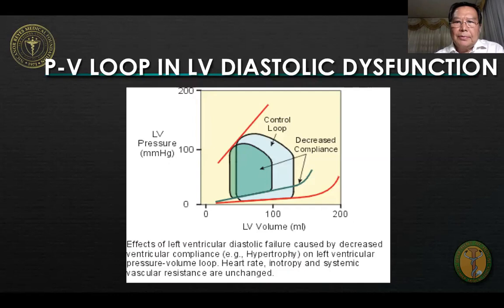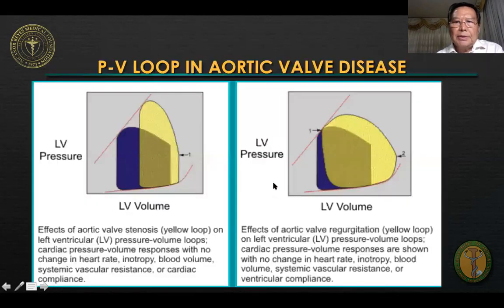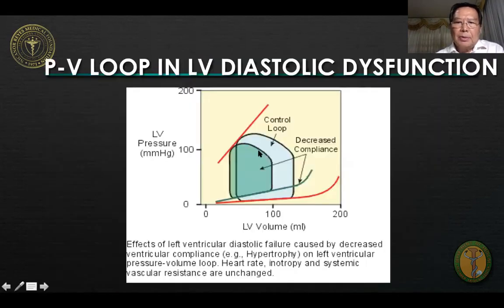loop. If you again recall, this is our reference normal, or control loop, right? And this is our pressure volume loop in patients with left ventricular diastolic dysfunction. You would note that if you look at your pressure inside the left ventricle, if this is the normal EDP or diastolic pressure, in patients with, say, LV dysfunction, the diastolic pressure is